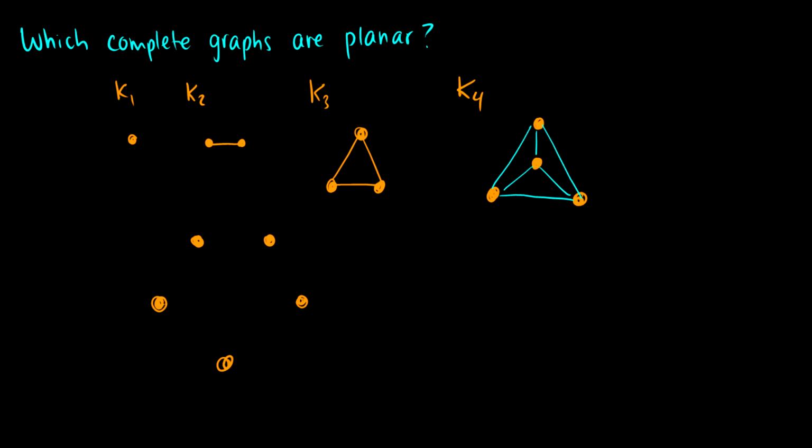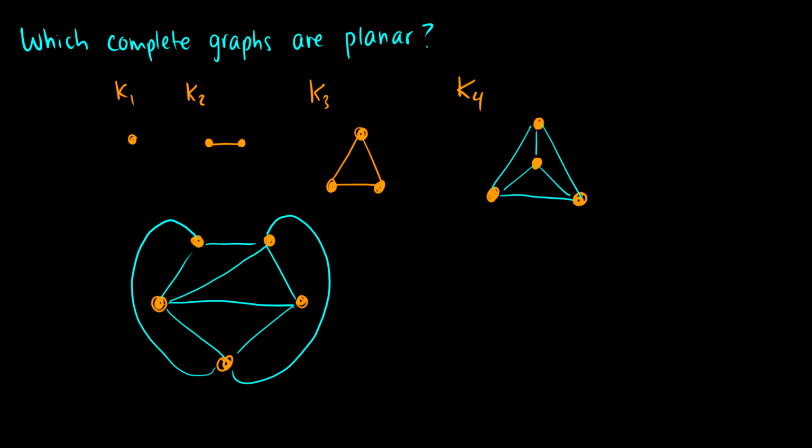Here's the tricky part. We can connect all the edges on the outside just fine. And then we can start connecting some vertices around. So that looks like it's good. Okay, when we move up here, we have to connect this vertex to the top two. So we'll connect this bottom vertex all the way up here to the top. So now we don't have any crossings there. But now when I want to connect these two, I have to do some crossing. So we could say that K5 is not planar, but we don't know for sure